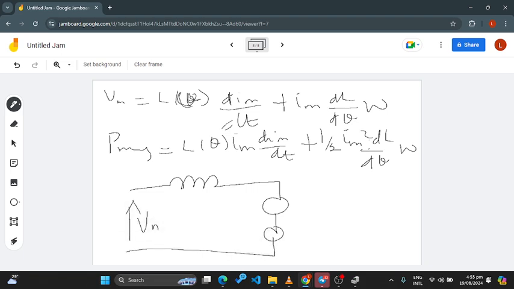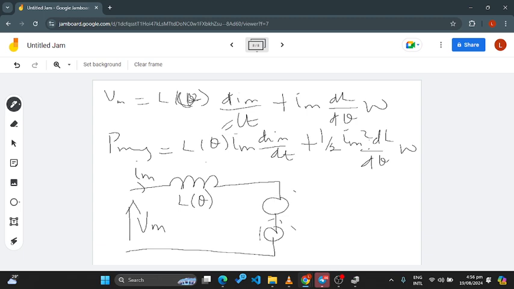So this is Vm. This is the inductance, and the inductance is a function of angular position. So for this Vm, we know Kirchhoff's voltage law. It says that the sources in the loop should be equal to the drops in the loop, or the voltage rise should be equal to the voltage drop. So this Vm should be equal to the drop across this, the drop across this, and the drop across this. If Vm is supplied here and Im is flowing through this,